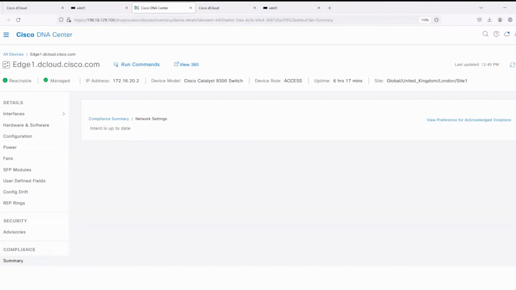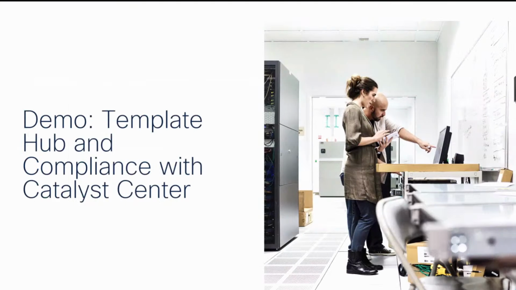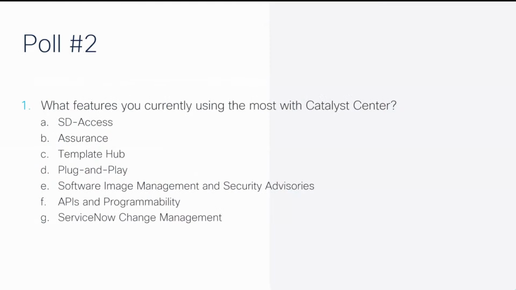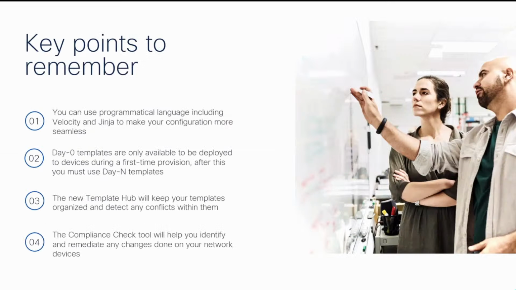With that, I'm going to go ahead and jump back over to the slide deck presentation and skip past this poll. I know we were having some technical difficulties with the poll. And then I'm going to finish up with some key points to remember. So first, you can use programmatical language, including Velocity and Jinja, to make your configuration more seamless. Make sure to make use of various samples that are automatically within Catalyst Center template library to get familiarized with